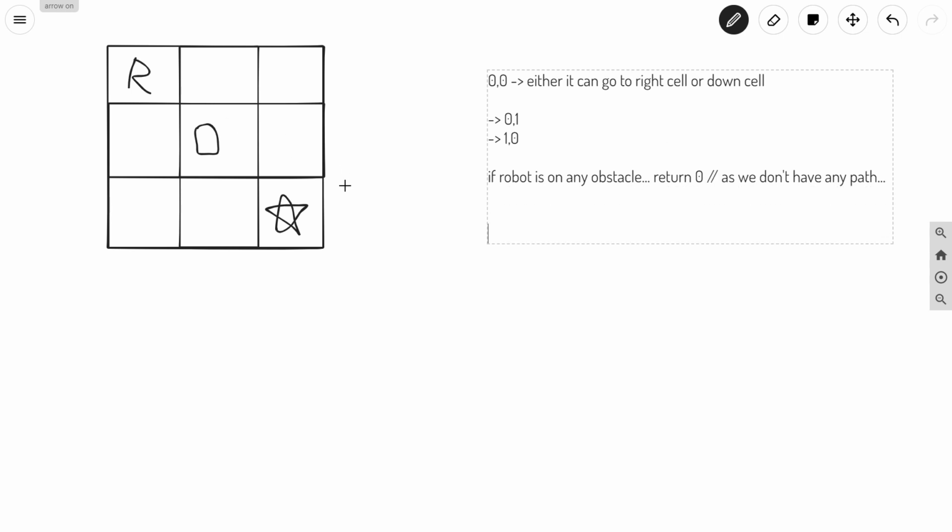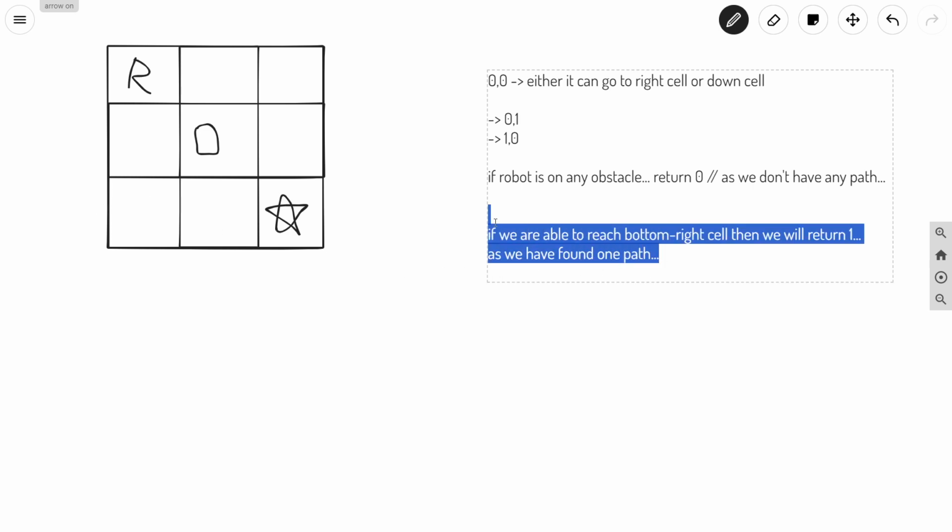And if we are able to reach the bottom right cell, okay, then we will just return 1 because we just found one path. So as we have found one path, in this case we will just return 1.